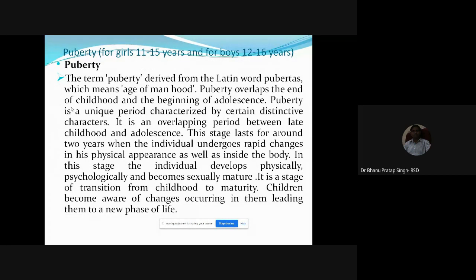So that's why this age is known as, as one philosopher has defined, the important period of